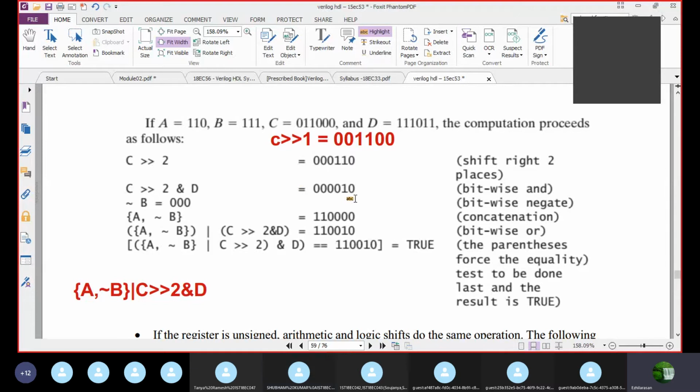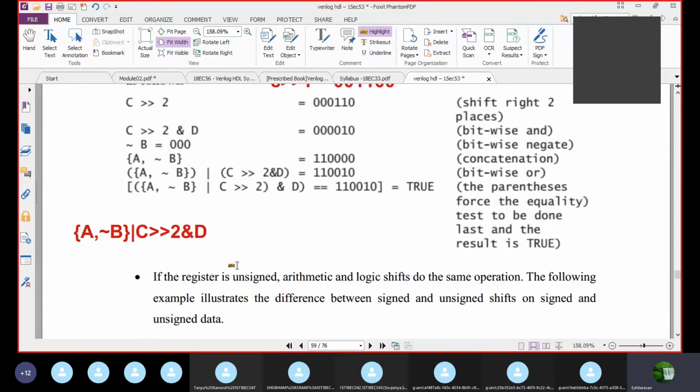Yes, sir. So now you can see like this. Sometimes in your examination, they will give a question like this: if A equals B equals C equals D equals some values, then verify a computation expression, and they will give the answer. Once they give the answer, they will ask you to verify whether you are getting the same output or not. This is a very simple expression that I gave. They may extend this expression, so you have to be very careful. That is one type of question.